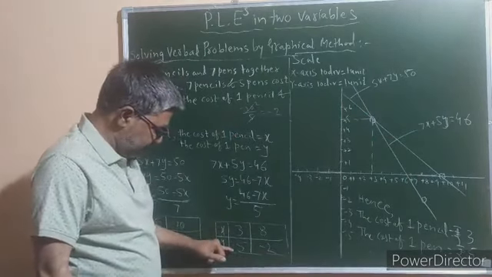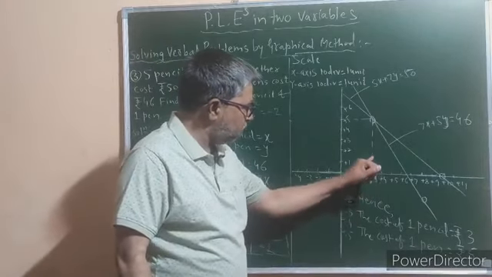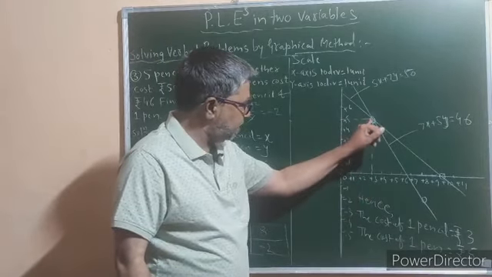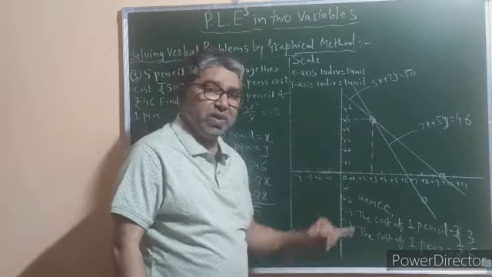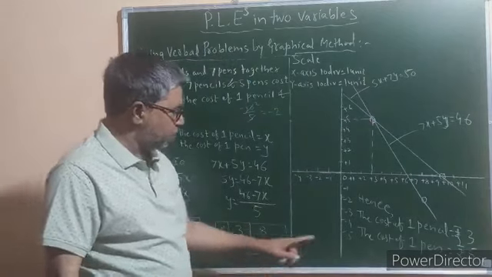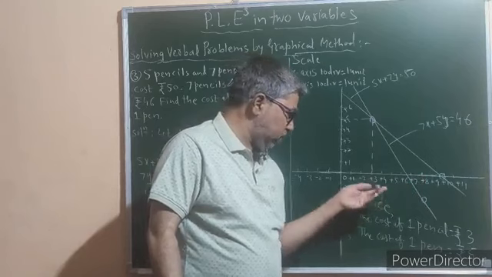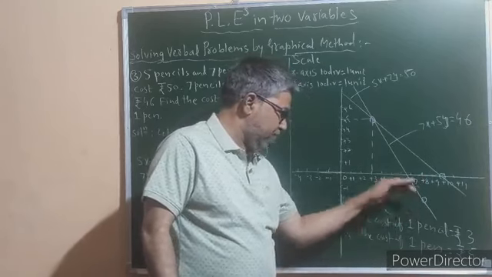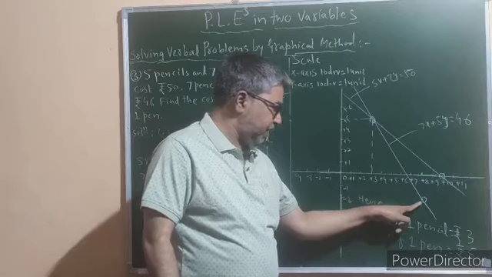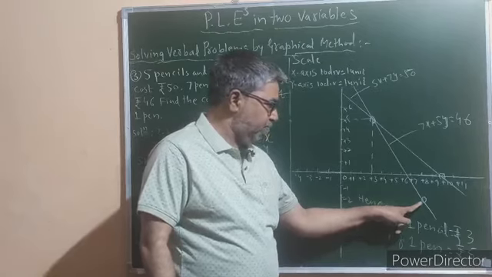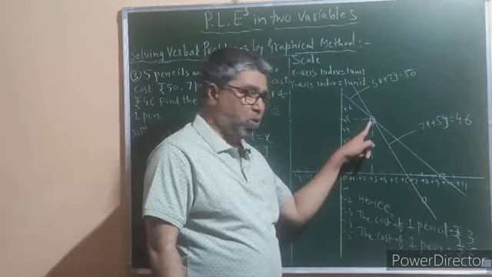Now for the second equation, the first ordered pair (3, 5): 3 here, for y we have to go vertically upward. This is 5. The abscissa and ordinate are 3 and 5. This is the required point. Now (8, minus 2): 8 is here. Y-axis value minus 2 means we have to come down. This is the point which shows the abscissa and ordinate as plus 8 and minus 2. One point is here, another point is here.